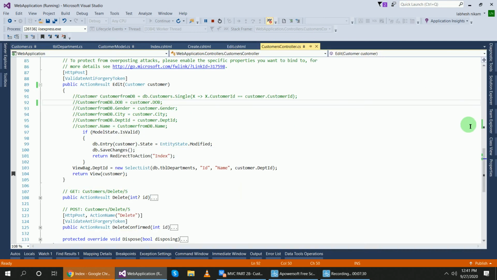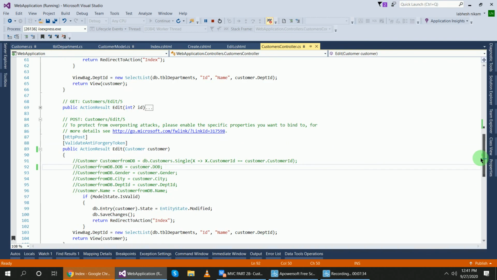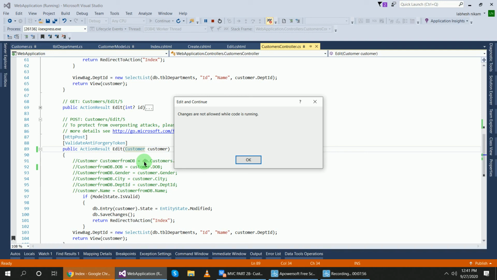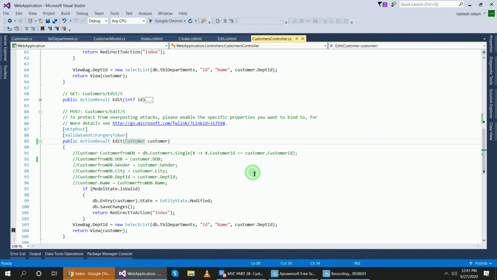I want to handle the validation errors dynamically inside of this edit function. So, I want to write the code that gives us proper security, meaning the Fiddler tool or Postman tool cannot edit the name property. For that, I will add the include and exclude property using the bind attribute.